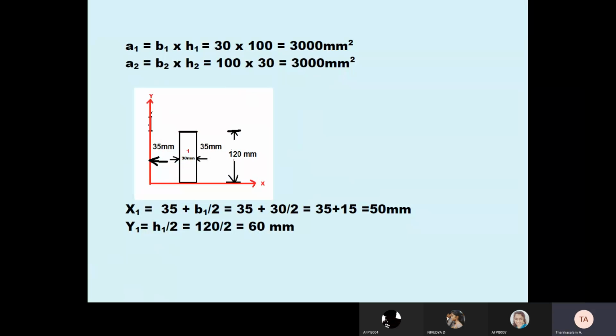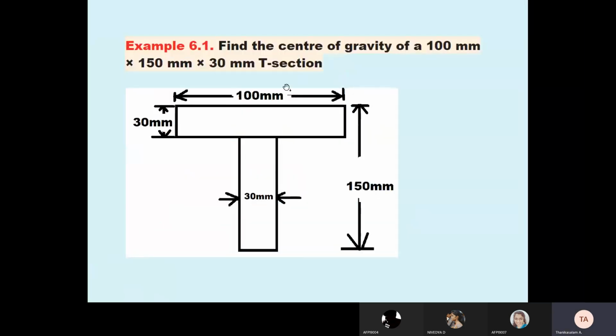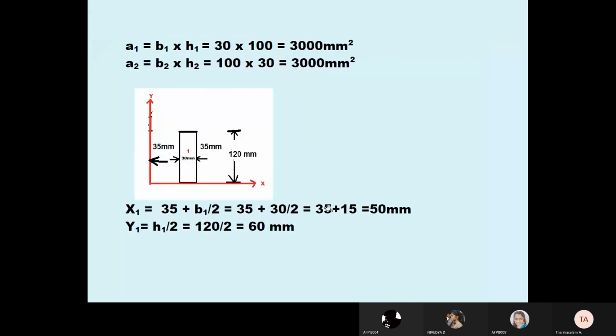Now see the triangle. So this triangle, and this is the section 1, 30 is 100, no? So 100 minus 30, how much? 70. So 70 divided by 2, 35, 35. Students, always remember, if any section is away from the reference axis, first write the distance, then the center distance formula.